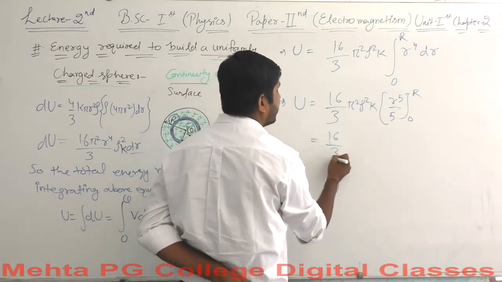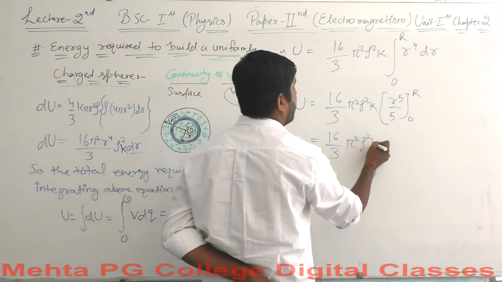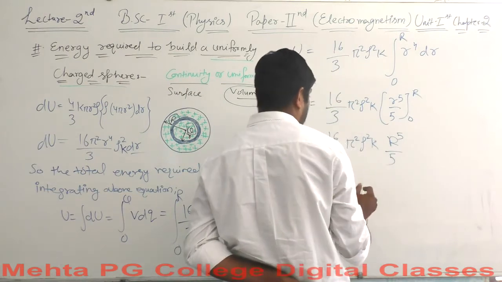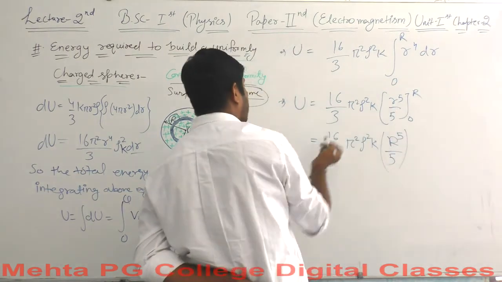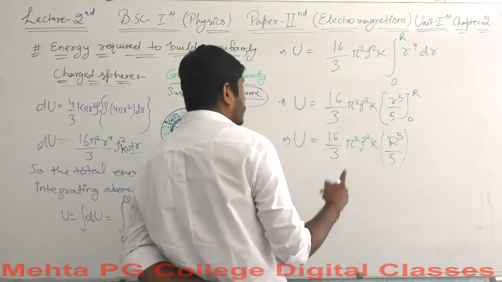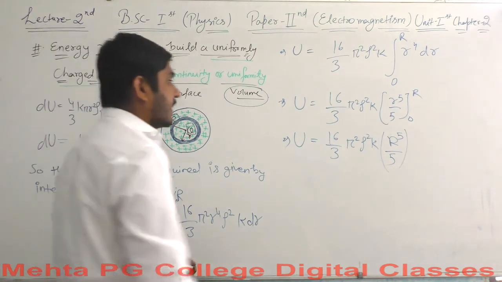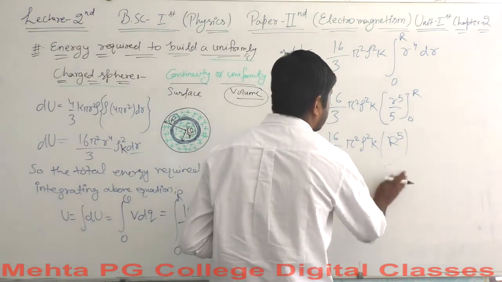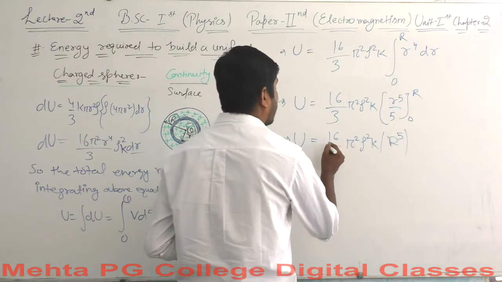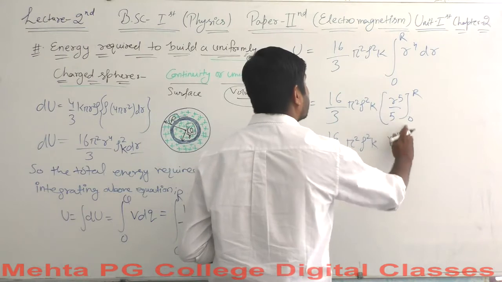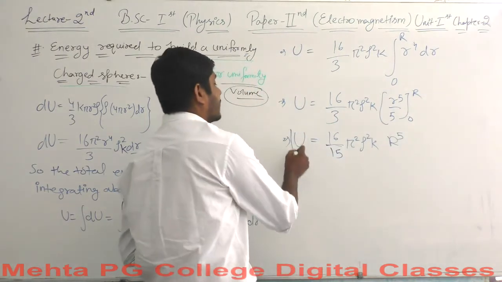So what will we end up having? We will end up having this value. Okay, so this is it. Otherwise for 0 there is no value. So this is the amount of potential energy which is required here. Well, this is the solution for the particular equation. Let's say 3 into 5, so we have 16 upon 15 into r raised to power 5. So this is the solution here.